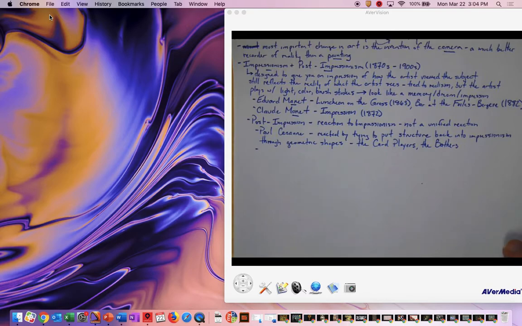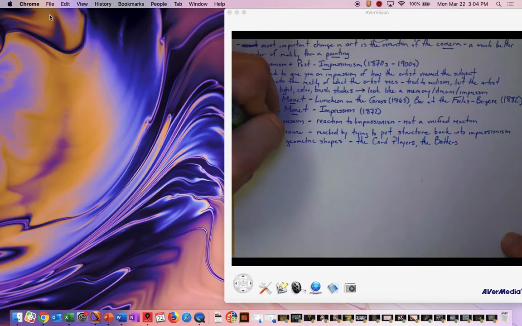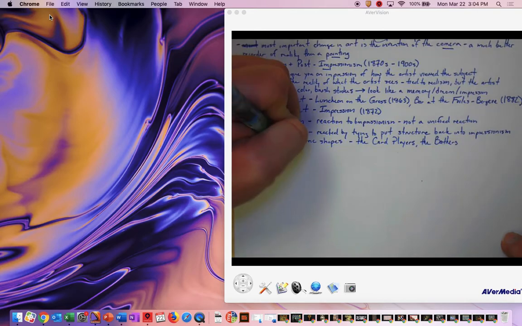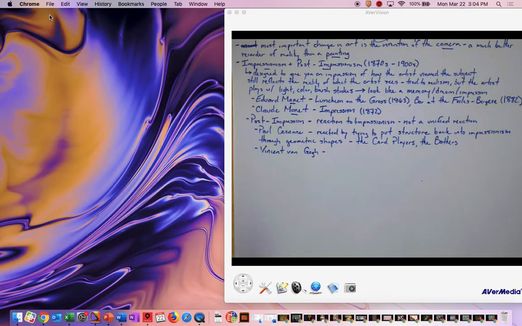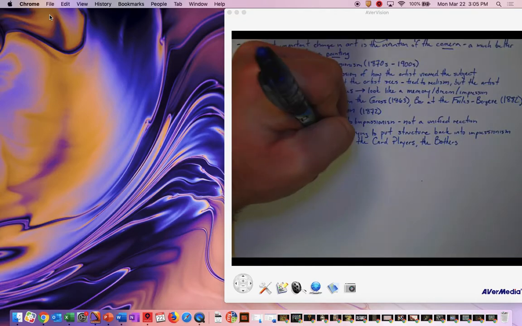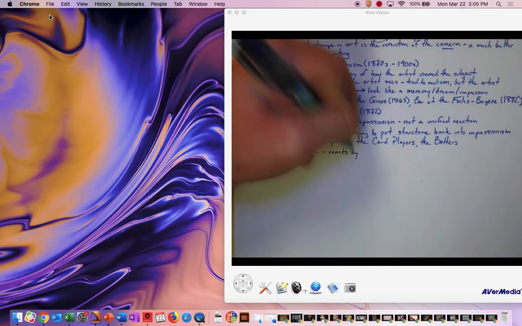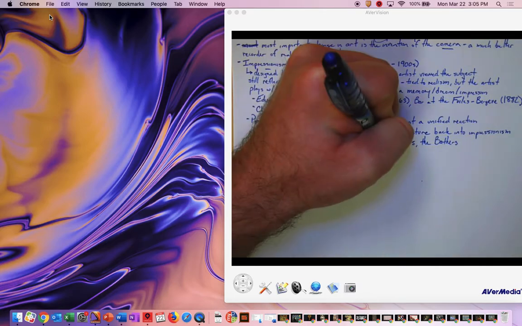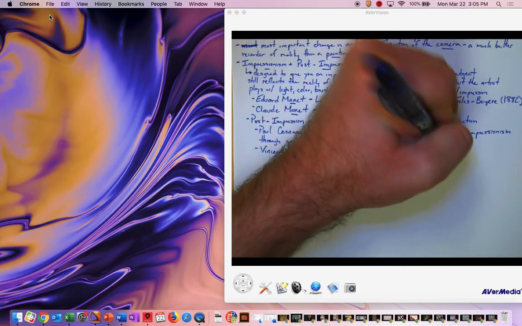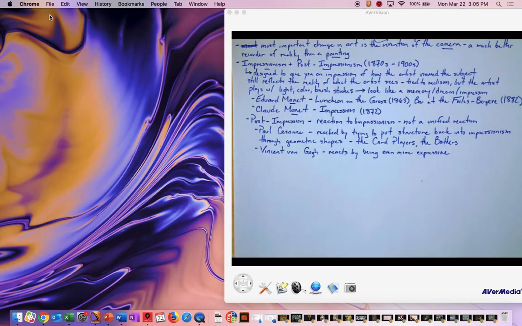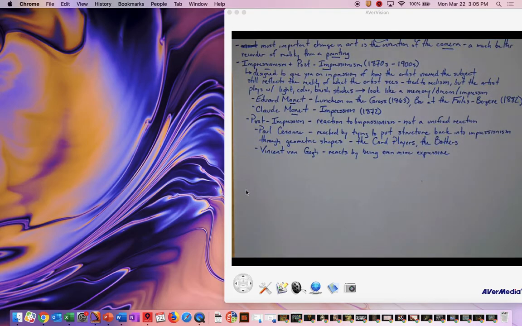The other end of this spectrum is maybe the more famous of the post-impressionists, Vincent van Gogh. Now, Van Gogh goes in the other direction. He doesn't even want to stick to the realism part of it. He wants to be more expressive. So he reacts by being even more expressive. He thought Impressionism didn't go enough, and we see that in Van Gogh's art.